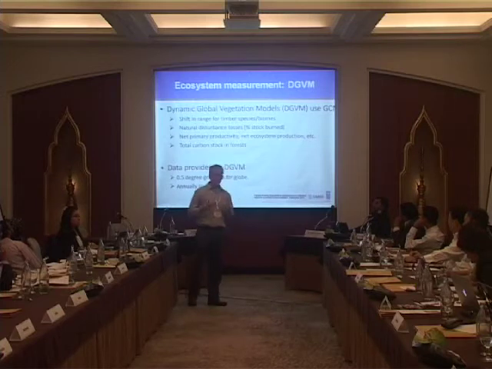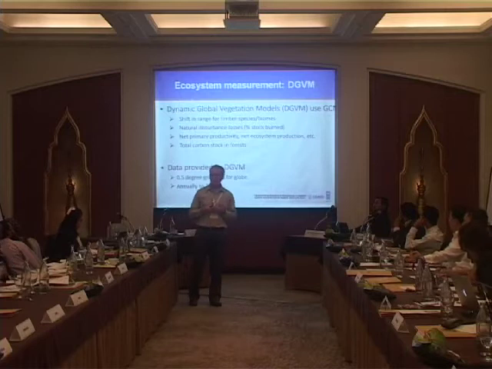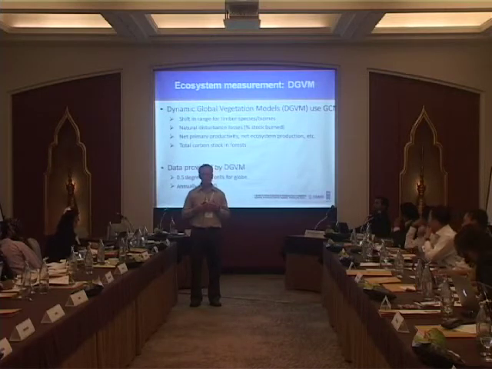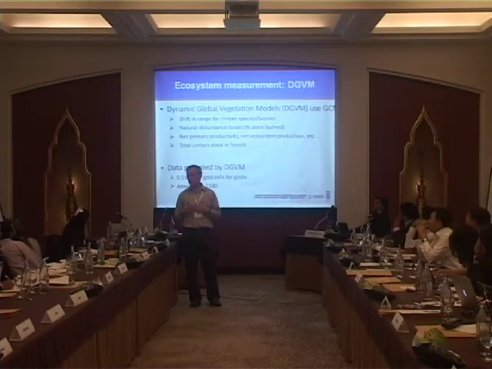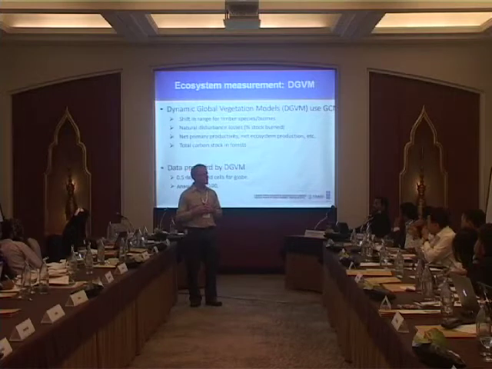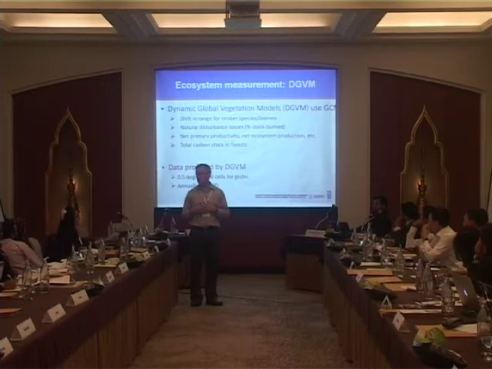They can do this at many scales. I'm going to talk about them at the half-degree grid cells, but note that these dynamic global vegetation models can actually be reproduced or implemented at a much more spatially discrete level, so the 30-meter level. I've seen them produced at a very low level of aggregation, so that if you have interest in using them,